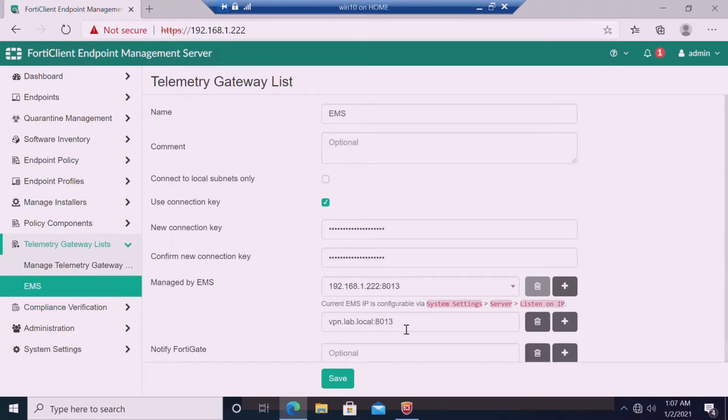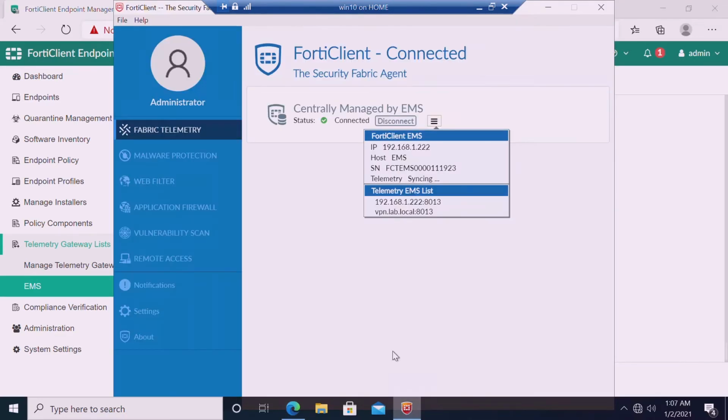The vpn.lab.local we have to configure in the telemetry gateway list. We can add the telemetry gateway right now, only one. We have to add the vpn.lab.local, so a public IP or publicly resolvable DNS name, port number 8013. Once we add it, then we will get the telemetry EMS list. So the first one is locally resolvable, the second one is publicly resolvable,